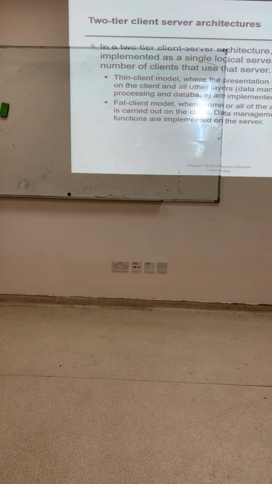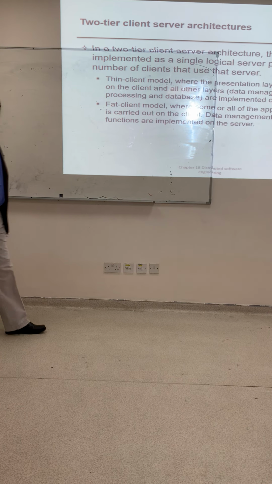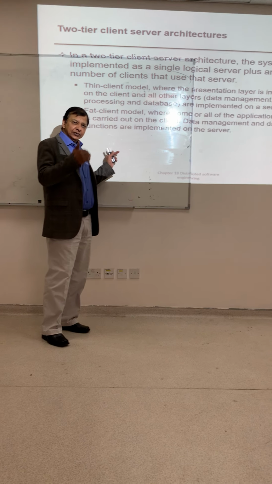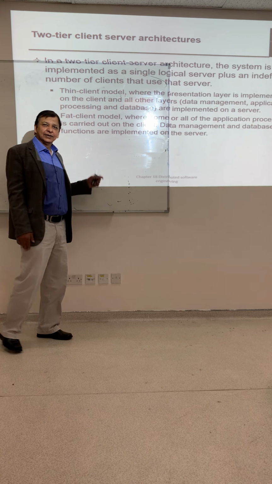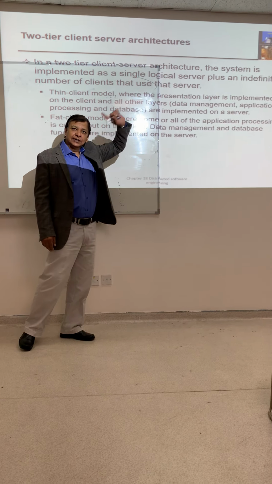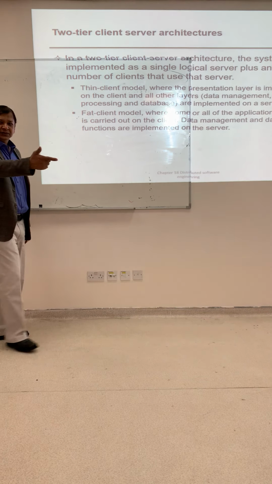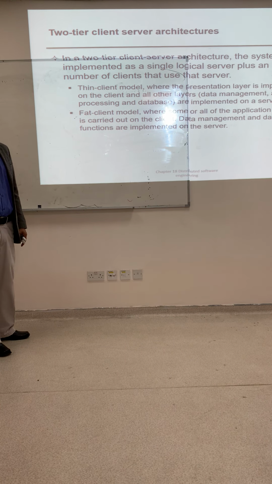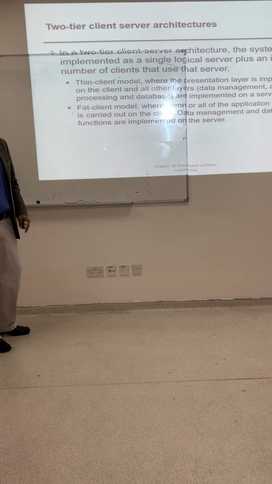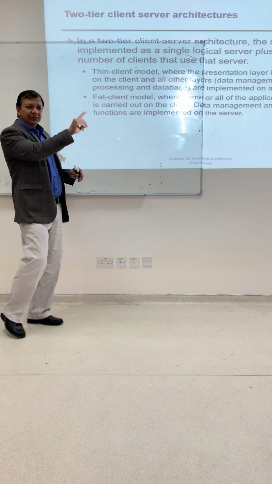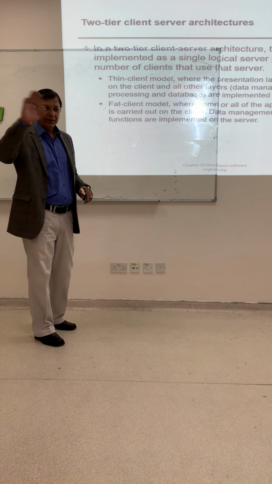Doctor, what is the point of fat client? Won't this be less secure? This is to reduce the load on the main server. Otherwise, business logic is on the server, so it will be slow. For everything, it will go to the server to check the business logic, like the price calculation, like when you are using Amazon or eBay. You select the item, it will go to the server to check it's available.